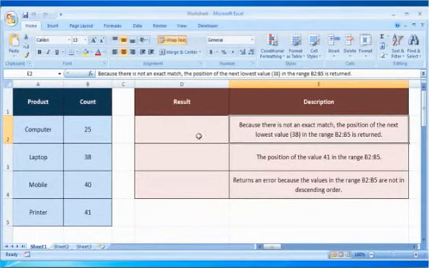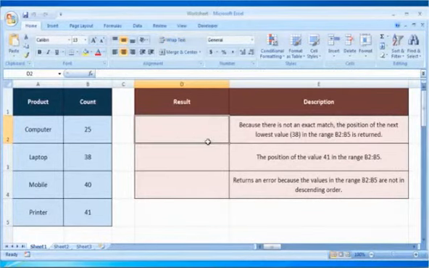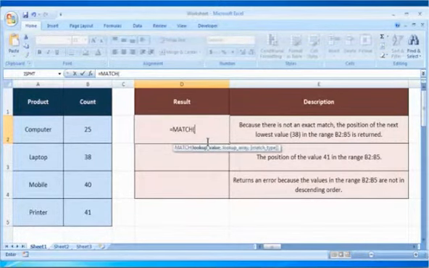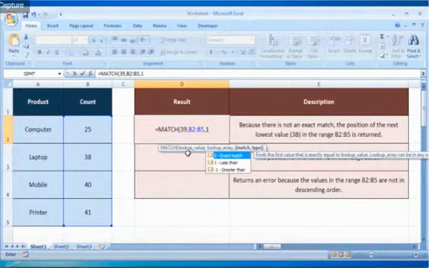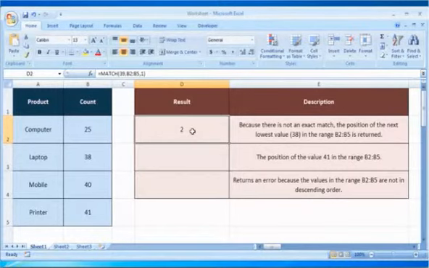In the first example, select the cell where you want to get the function's result. Type equals match, open parentheses, the value that you want to match in lookup array, comma, select the range of cells to be searched, comma, the match type argument, which specifies how Excel matches lookup value with values in lookup array, close parentheses, and then press the Enter key. Because there's not an exact match, the position of the next lowest value, 38, in the range B2 to B5